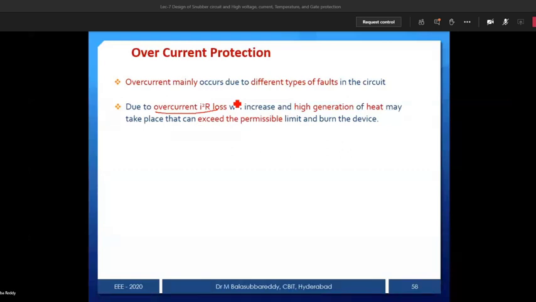So that is conduction taking place. Or in some cases, if it goes further beyond, there is a chance of the device also being damaged, because it is not only under leakage condition, it is under operating condition also. If it is a leakage condition, the device is in the off state, and there is a chance of the device conducting. But if the device is already conducting and you apply more and more load, then temperature will rise in the form of heavy loss or very high temperature. That leads to the device being damaged.